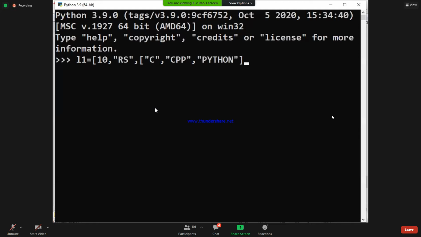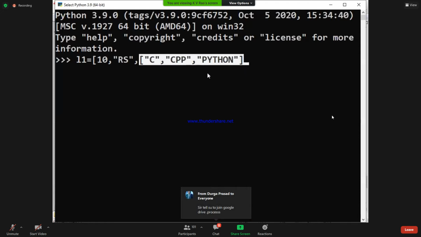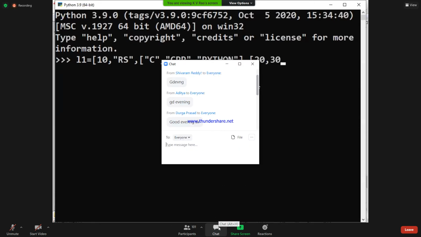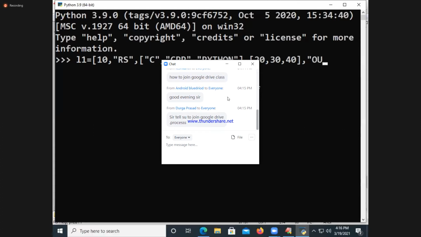These are my subjects. So in the list called L1, I'm taking one sublist or inner list. This highlighted part is called the inner list of L1. Corresponding marks also I will take: 20, 30 and 40. And I will take your college name also.